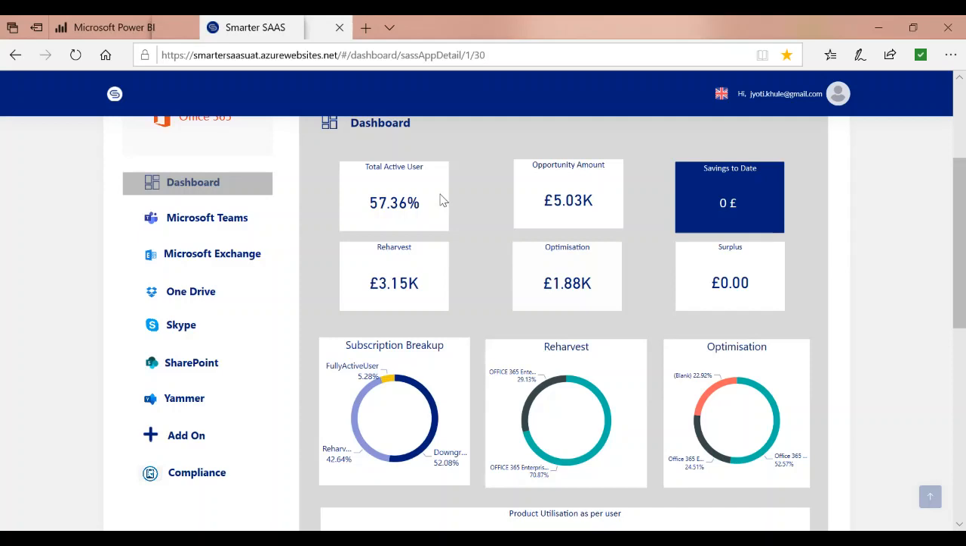We've got here some demonstration data, so you will see that all of the user details are being anonymized, but we've got in total a 57% usage in this organization. It's on a CSP, so a monthly payment schedule, and it's estimated there's over £5,000 per month in terms of potential optimization benefits. 3,500 comes from what we call reharvesting or recycling, and optimization of usage is nearly £2,000, and there's nothing in